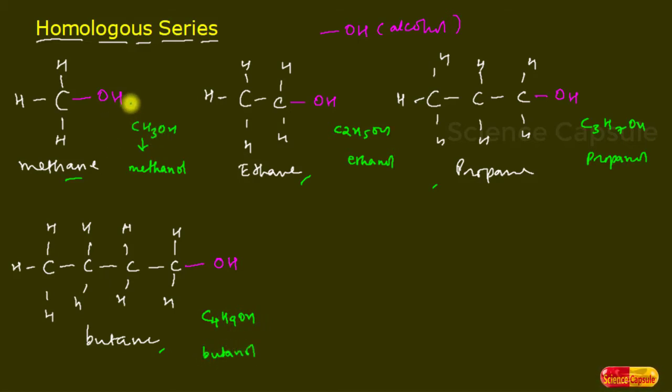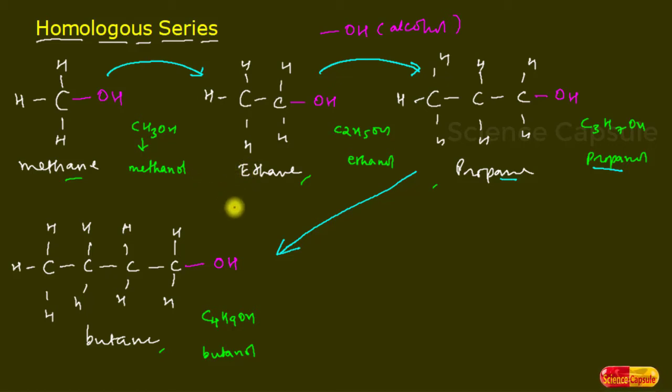From the structures, it is very much clear that the next homologous series of methane is ethane, and of methanol is ethanol. The next homologous series of ethanol would be propanol, and the previous homologous series of ethanol would be methanol. Got it? Likewise, if you see structure 3, the next homologous series of propane is butane. The next homologous series of propanol would be butanol. Got it? Altogether, if you see the structures very carefully, then you will find that two consecutive homologous series will